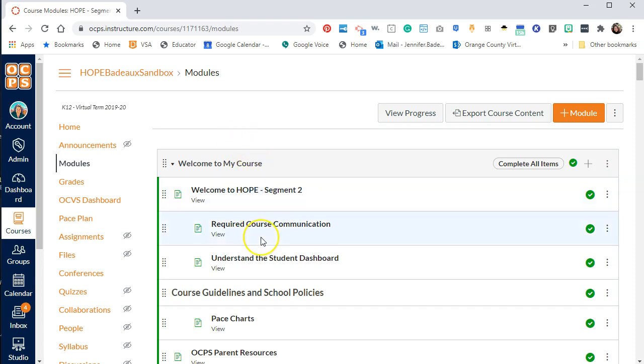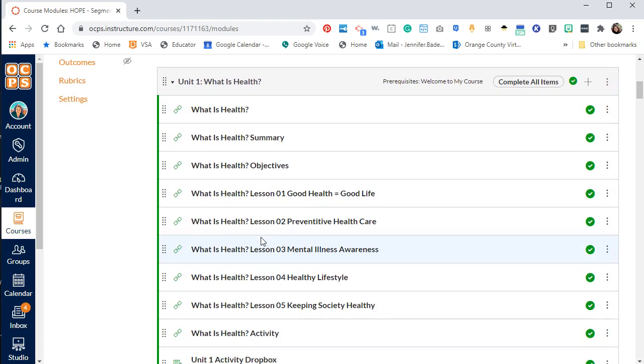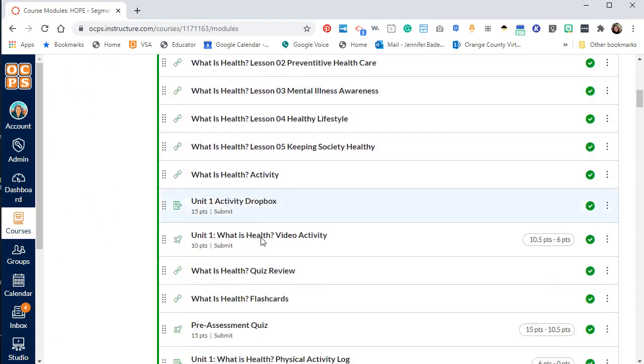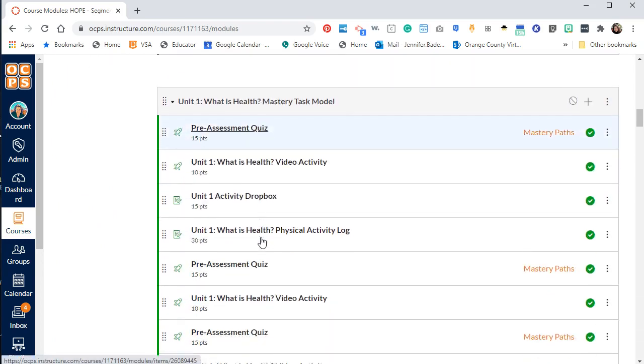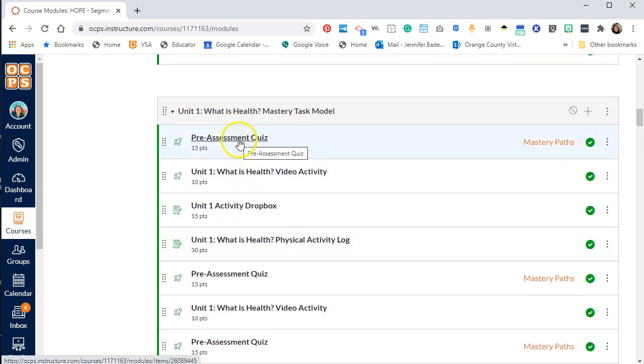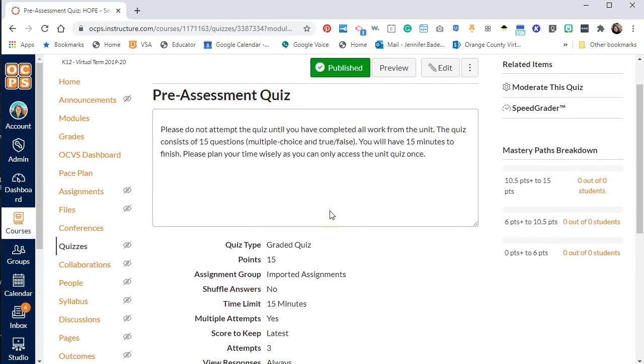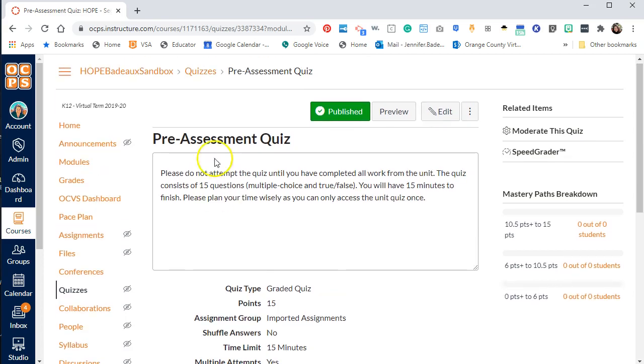Okay, so once you're in the lesson, you can see I just have some basic intro here. And then again, I took this What is Health unit and I have modified it in this section to see mastery paths. The way you will look at that is you can go onto your assignment. This is the pre-assessment quiz. This is where I'm going to look at everything, and I want to make sure that if they're able to take this quiz